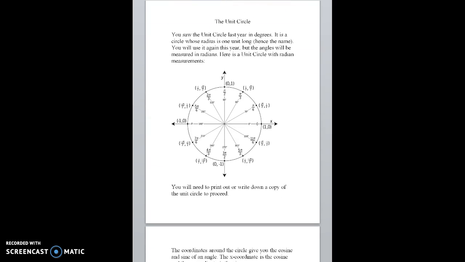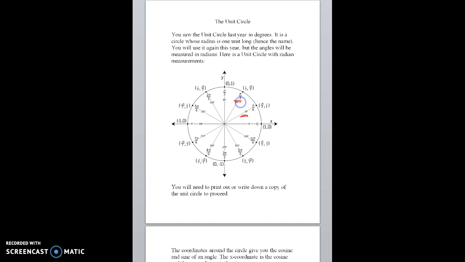Okay, so now that you know what a radian is, you can look at the unit circle. The unit circle was covered last year in geometry. It's the same unit circle, so the definition of a unit circle is a circle that has a radius of 1. Here's a diagram of the unit circle. We'll be using it again this year, but all of our angle measurements are going to be in radians instead of degrees. So on this diagram, you can see right here, 30 degrees is pi over 6 radians,